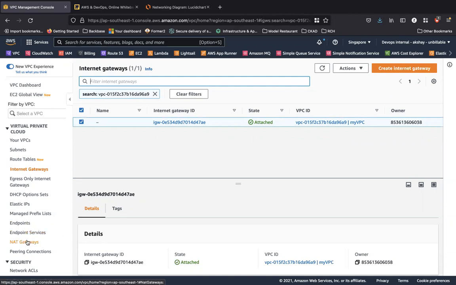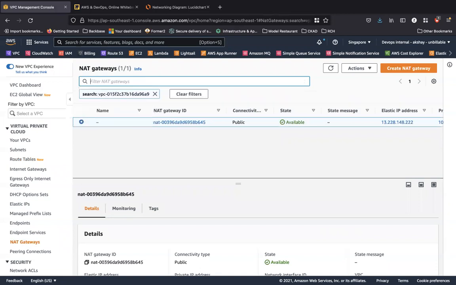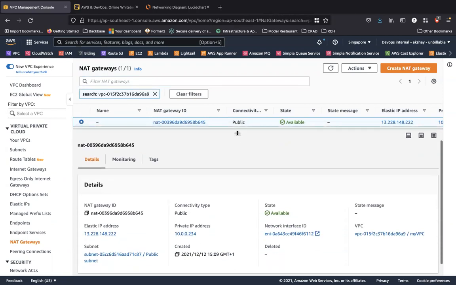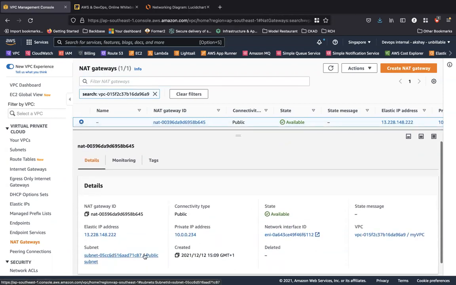Let's take a look at the NAT gateway. On the left side navigation bar, you can scroll down below and take a look at the NAT gateway. You can see that this NAT gateway's connectivity is of type public and it's residing within the public subnet. If I scroll this metadata a little bit more on the top, you can see that the NAT gateway is sitting in the public subnet and it has an elastic IP associated with it. And this NAT gateway is responsible for providing internet connectivity to all of your resources in the private subnet. So that's why it's very important. I'll again stress this point that the NAT gateway, which is public in nature, should always reside in the public subnet and have an elastic IP associated with it.